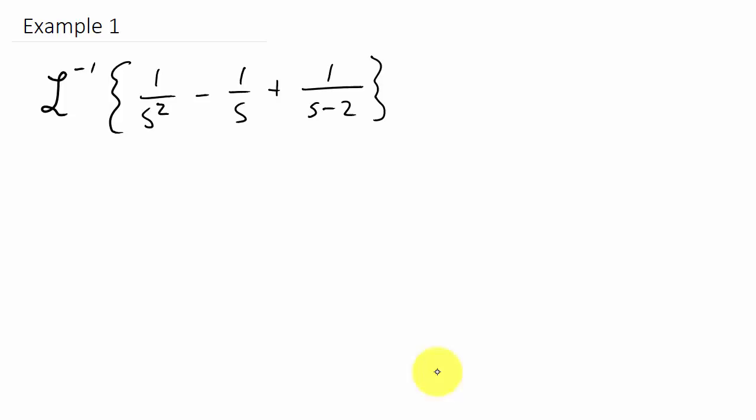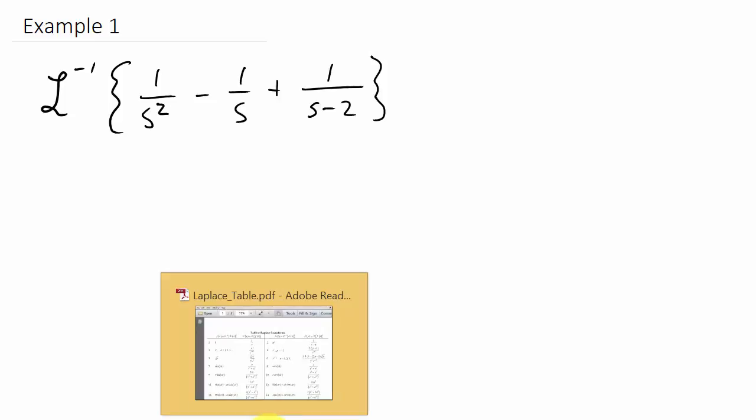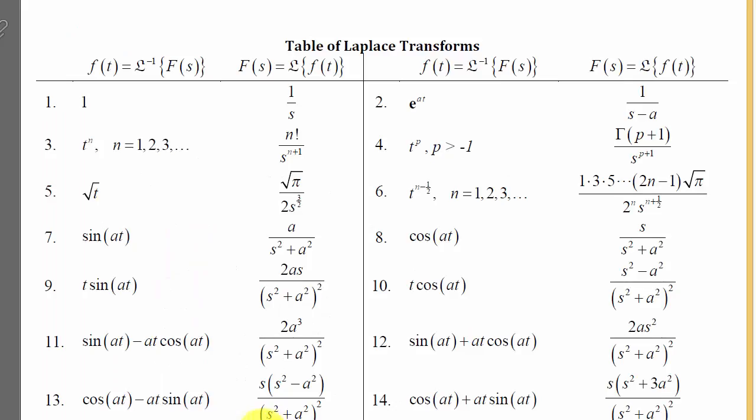Alright, so let's take a look at inverse Laplace transforms. Here we have the inverse Laplace transform of 1 over s squared minus 1 over s plus 1 over s minus 2. When we're doing the Laplace transforms, we have a table that we can look at. So here we have this table,